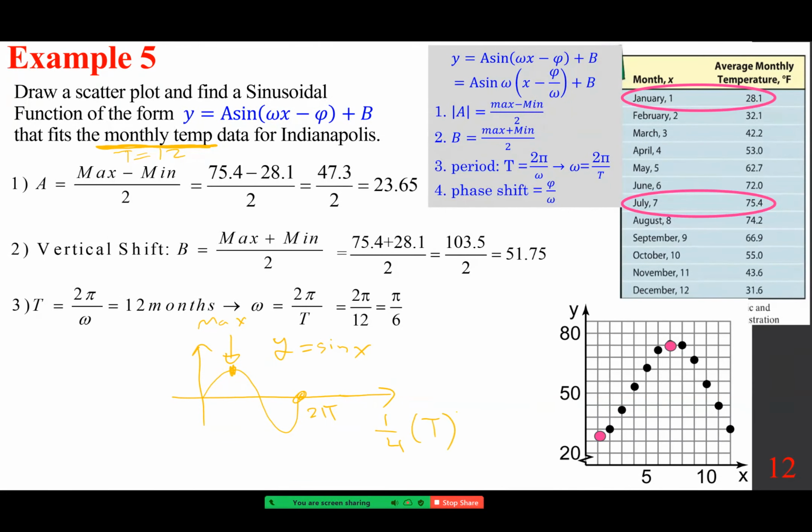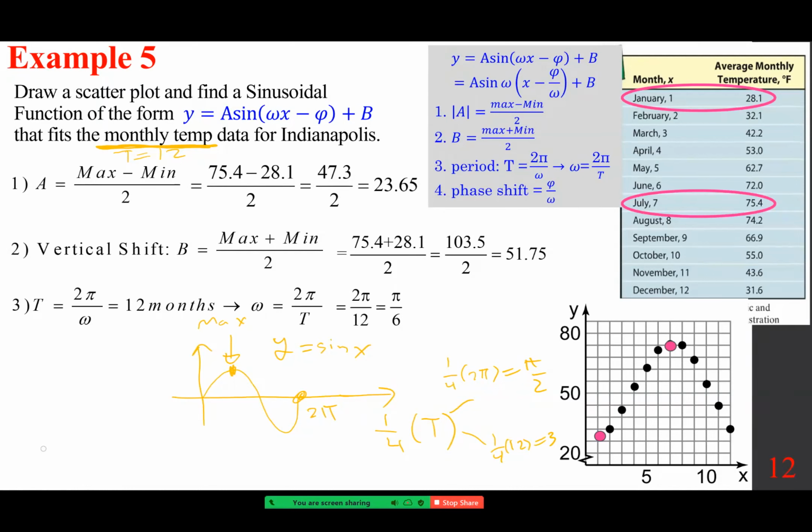That's where the maximum occurs. So for example, 1/4, if you multiply it by 2 pi, you get pi over 2. If you multiply it by 12, you get 3. Meaning, if there is no phase shift,